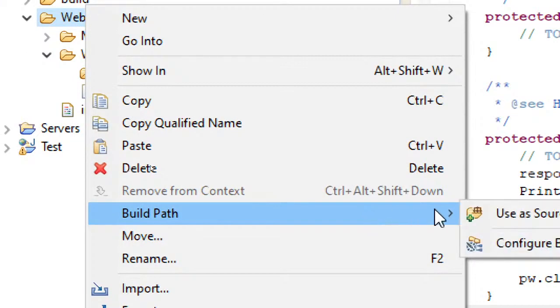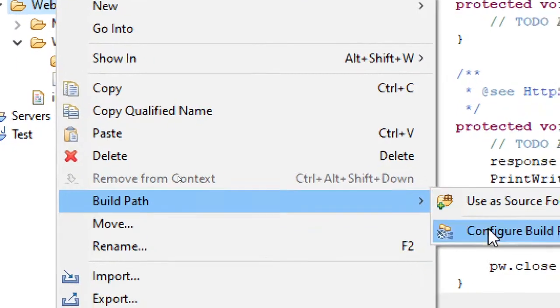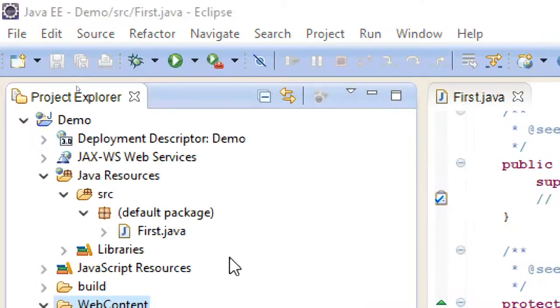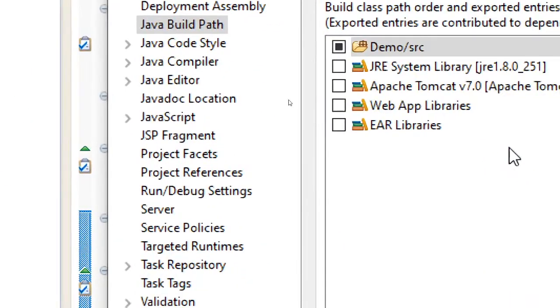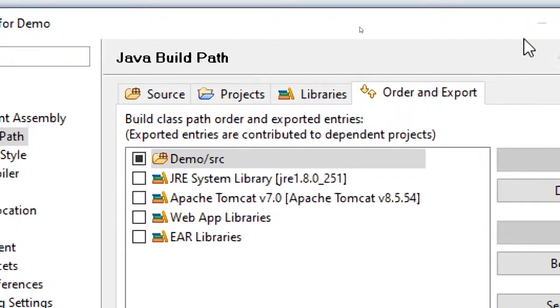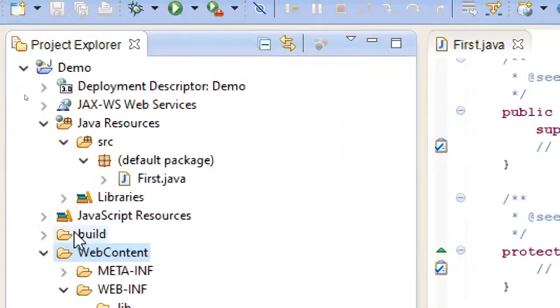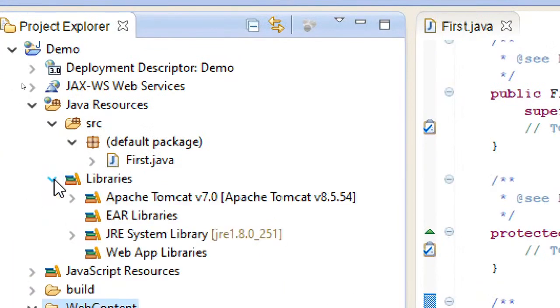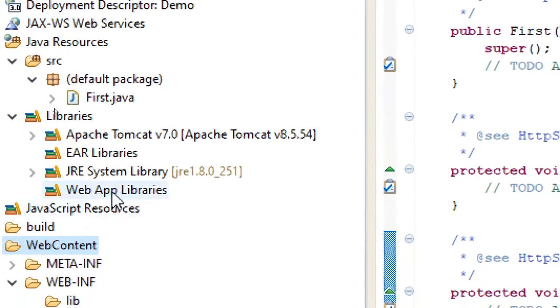Let me just add this. Libraries. Okay, let me just try with adding this servlet API.